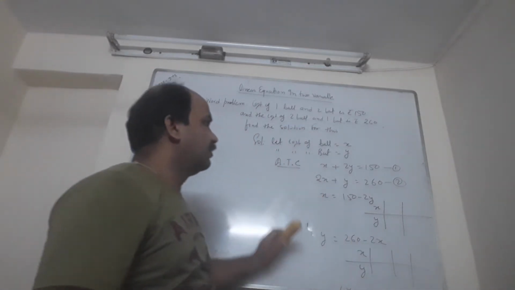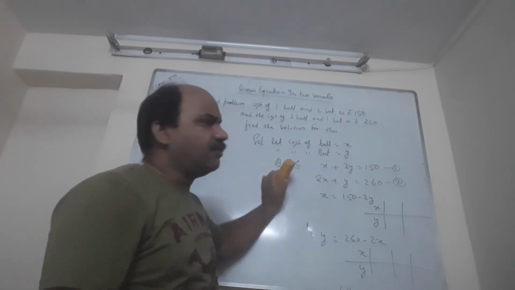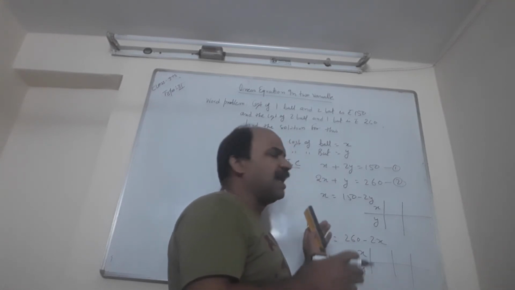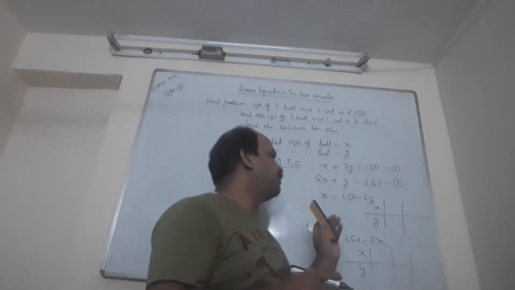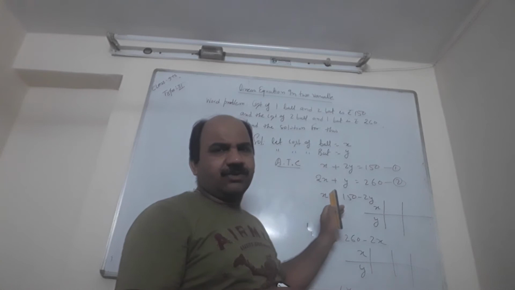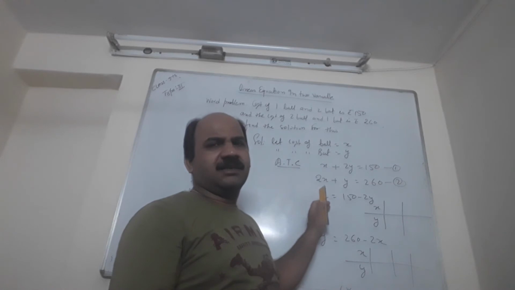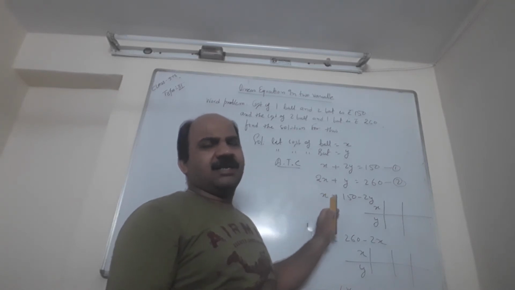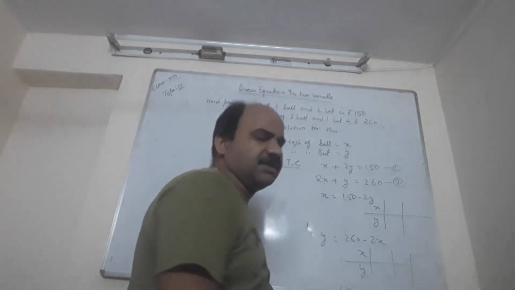Whatever values come, we have to represent them in the graph, and once you represent them in the graph, you will find that wherever these two equation lines intersect, that will give the value of x and y. Again I am repeating, after representing the values you got from the two equations, wherever these two lines intersect, we join to the x and y coordinates, and that will give you the value of x and y. So this is the type 3 question.